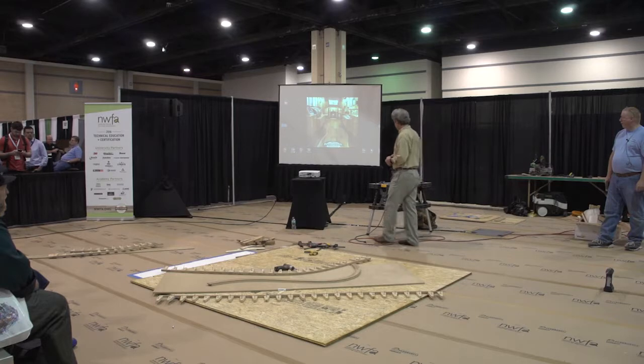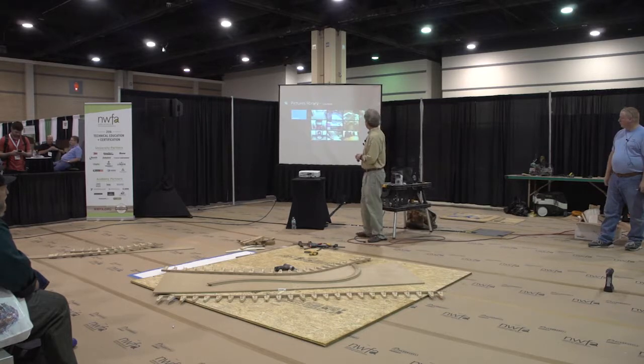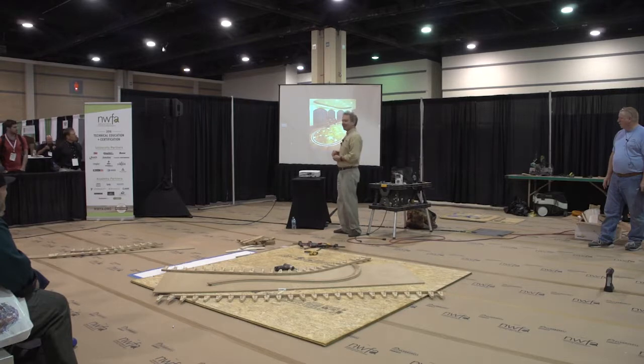So this is quarter sawn white oak and walnut. If you could go to the design one. Yeah, this is what I'm known for. This is nice. It's nice to be back in Charlotte. 12 years ago, I won Floor of the Year right here with this floor. So that's pretty fun. Anyway,